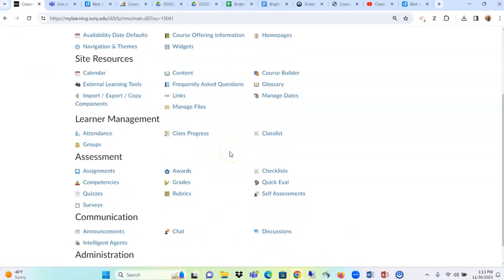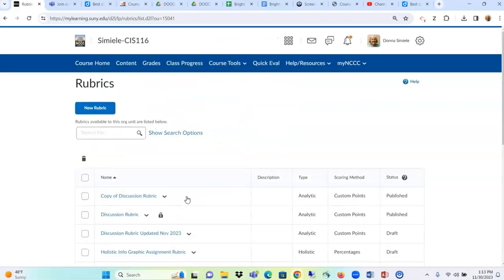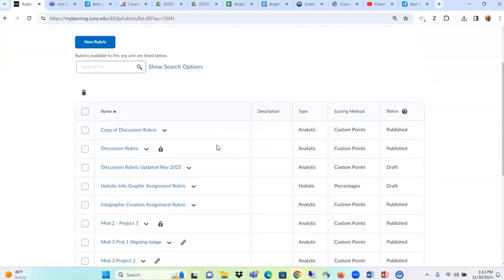Okay, and I'm going to go down and say I want to create a new rubric. So I'm going to go into Rubrics. Now when I go into Rubrics, this course already has a bunch of rubrics in it, but I just want you to realize that as you add rubrics to a course, you're going to notice that some of the rubrics have this lock after them. That means that rubric's already being used and it's already